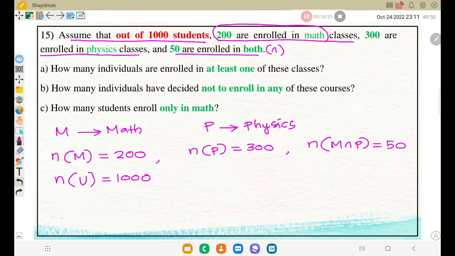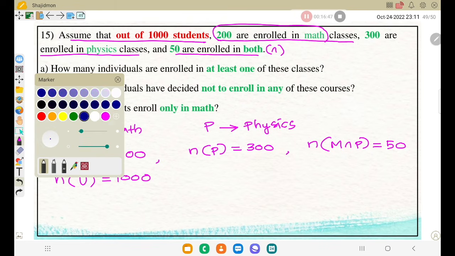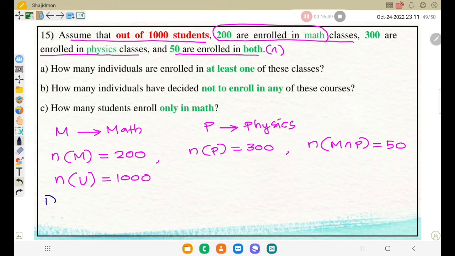Now here, we are talking only about students enrolled in math and physics. We are not talking about students enrolled in other courses. So keep in your mind, that is the universal set, number of U equals 1000. Now we are going to answer the first part of the question, but first try to understand the question. What is the meaning of the A part of the question? How many individuals